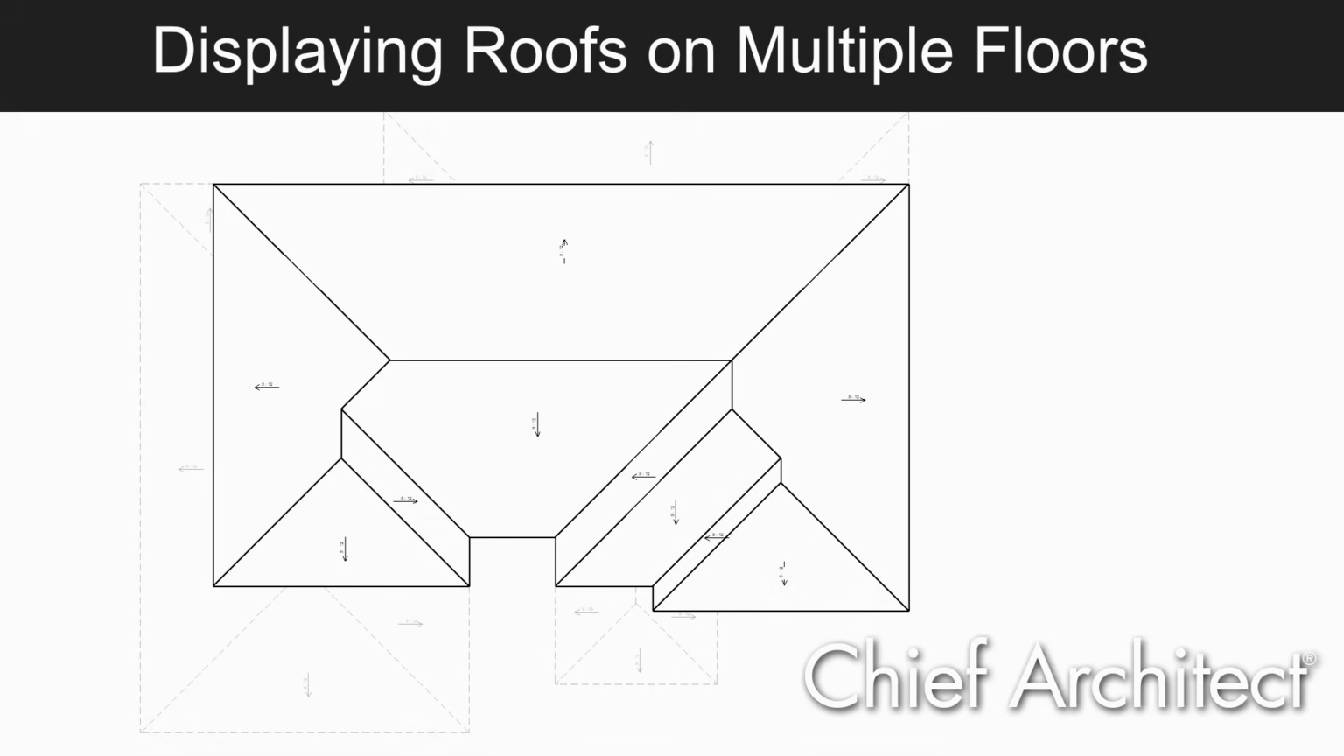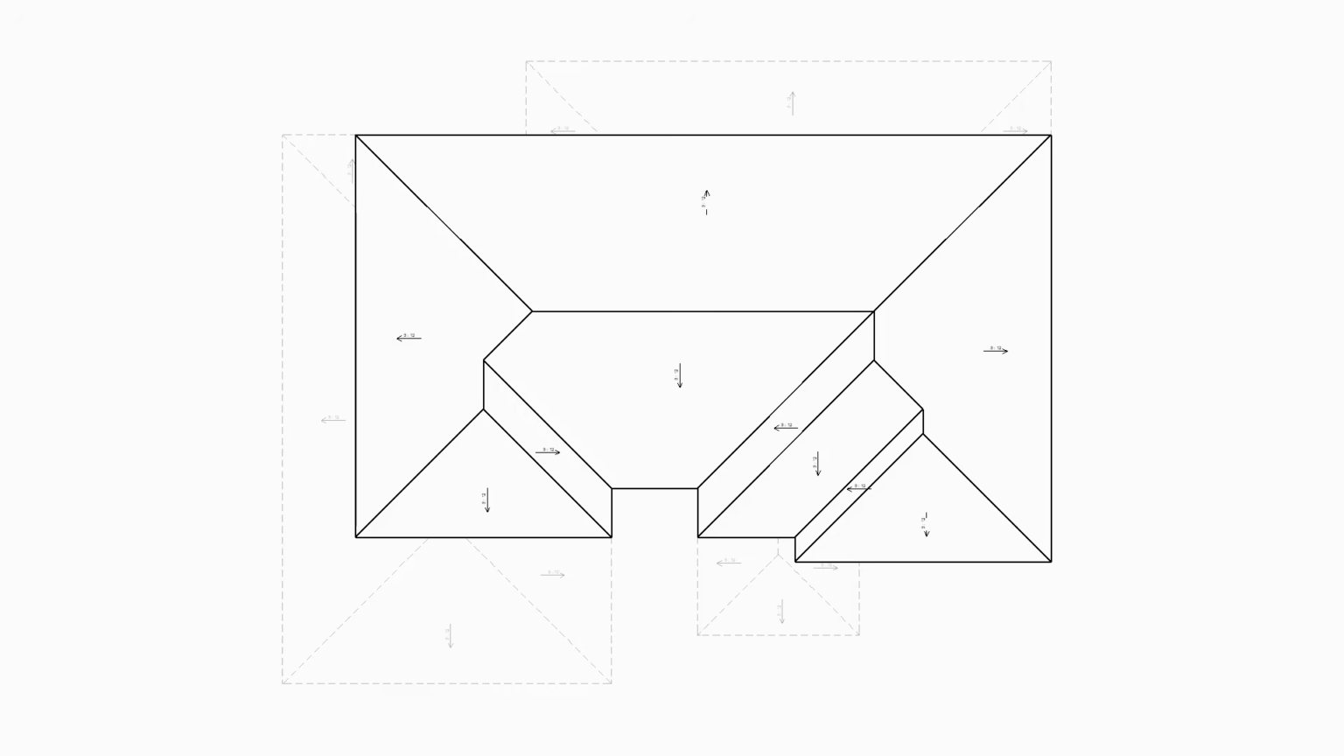When I think about displaying my roof planes on my construction documents, I want to display all of the roof planes in my plan all at once, regardless of the floor they're drawn on. However, I want roof planes from different floors to display differently. For example, using a dashed line style for roofs on one floor and a solid line style for roofs on